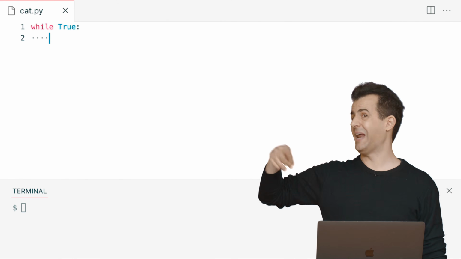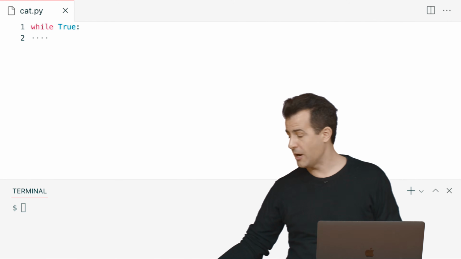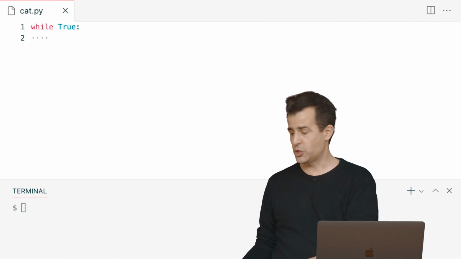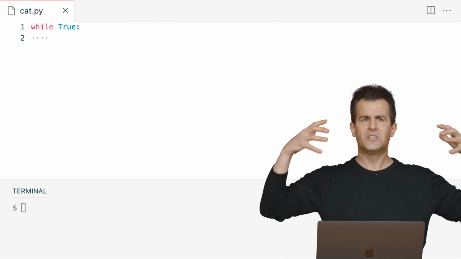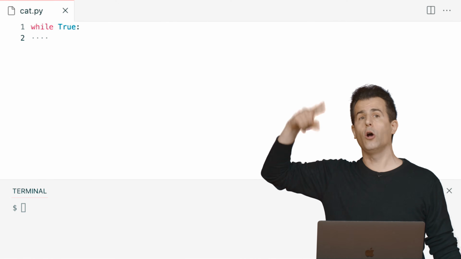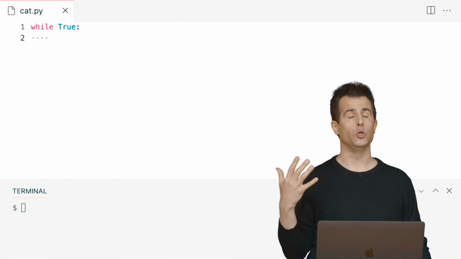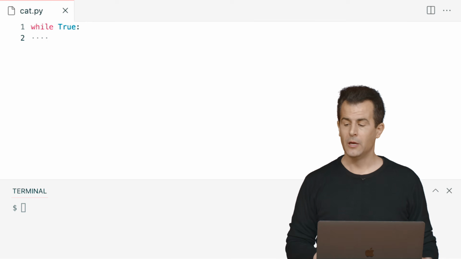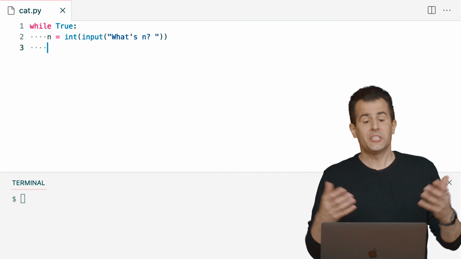And we've seen how that can happen accidentally, mathematically. It's absolutely going to happen when you say while true. Why? Well, the answer to the true question is always true. So this is a way of deliberately inducing a loop that, by default, is going to go forever. So we're going to need a way of breaking out of this loop when we have the number we want. The convention, though, inside of this otherwise infinite loop is to ask the question you care about, like give me an int by prompting the user for input, like what's n question mark, and then just ask your question.